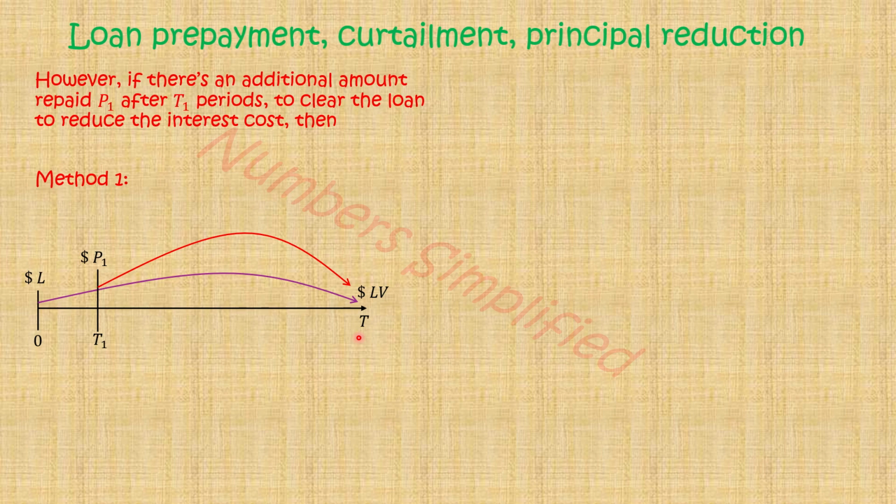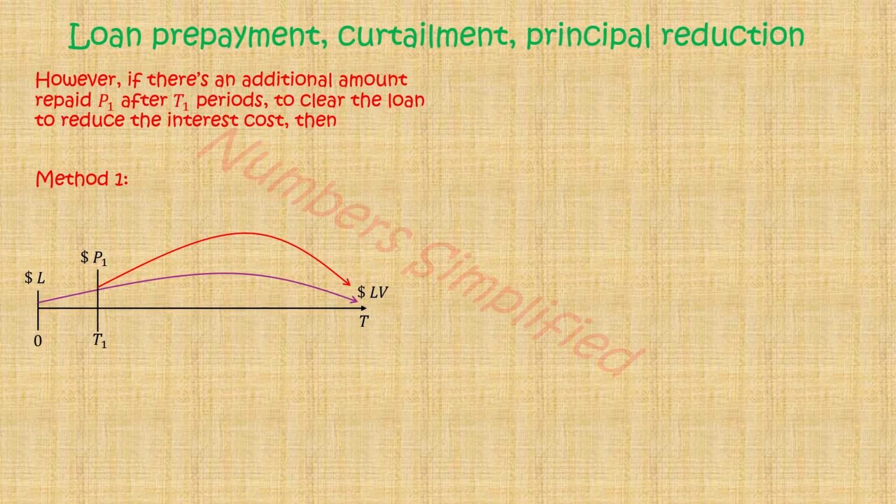So meaning that it would actually reduce the value of the loan at the time it is due. So now that is what we have over here. So in this timeline, we see that P1 would also accumulate some interest, in as much as it was just worth P1 at the time it was paid, but it is going to accumulate interest up until the time the